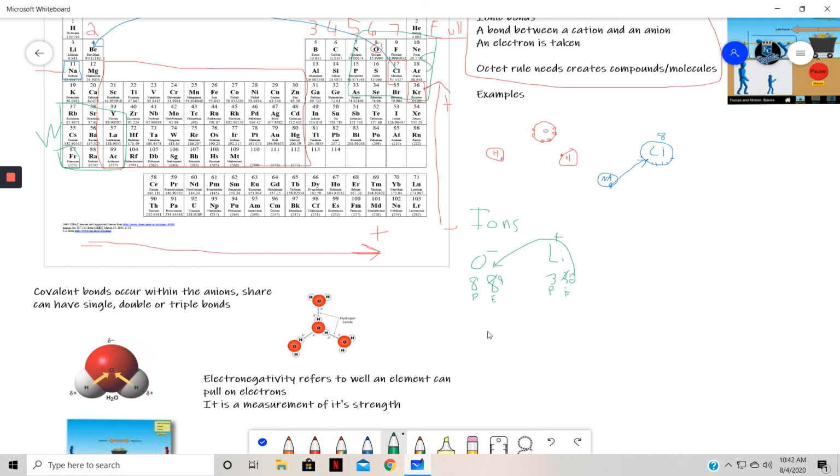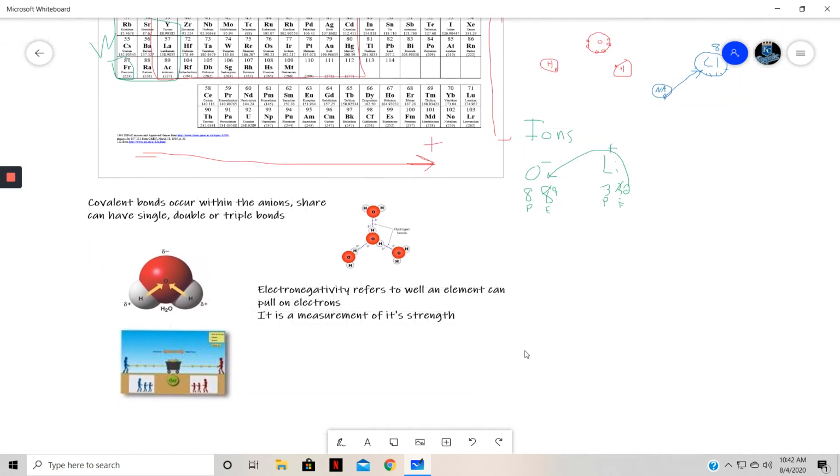So that's ionic bonds. Let me close my chart here so I can move this up. Bring my pins back up. Back to the blue. So now we're going to talk about covalent bonds. And covalent bonds, as you can think about as compared to ionic, as being the opposite, because the electrons are shared. And shared is kind of not a great descriptive word of what's happening,